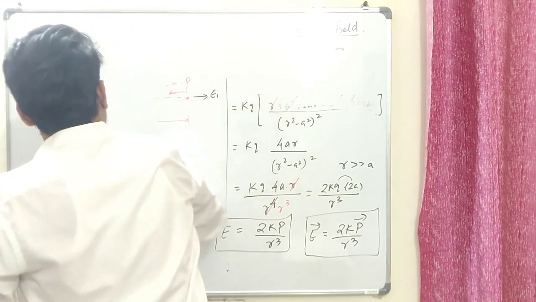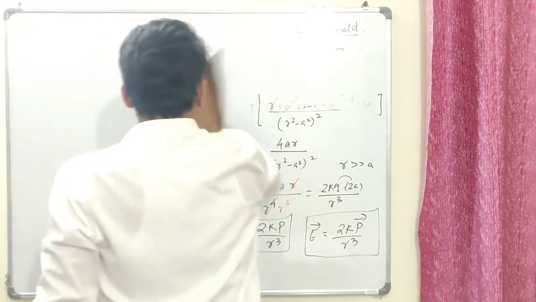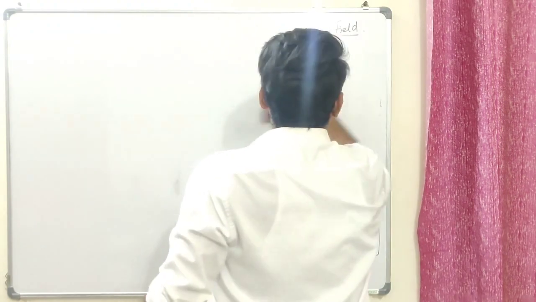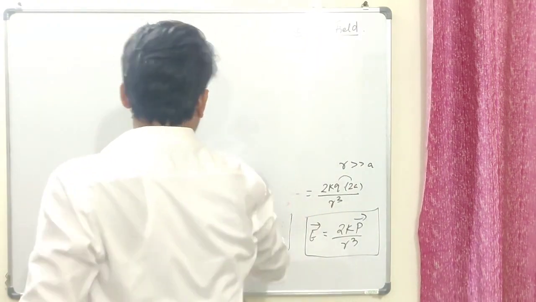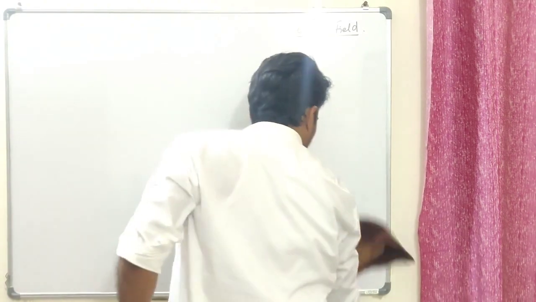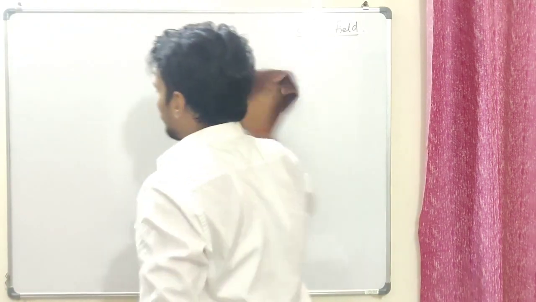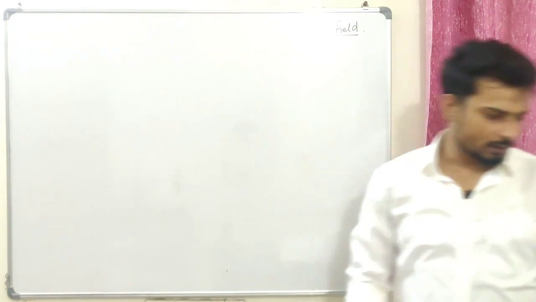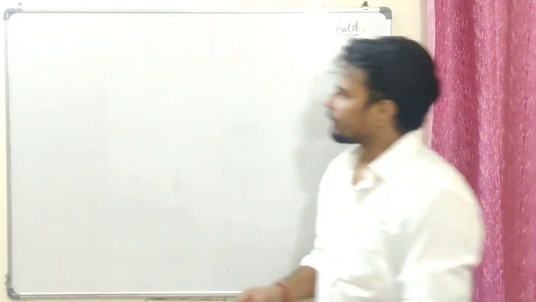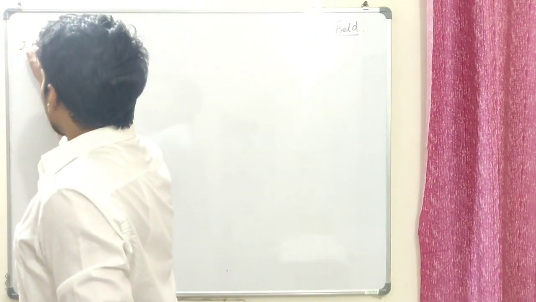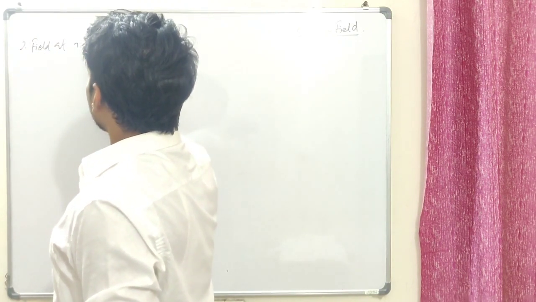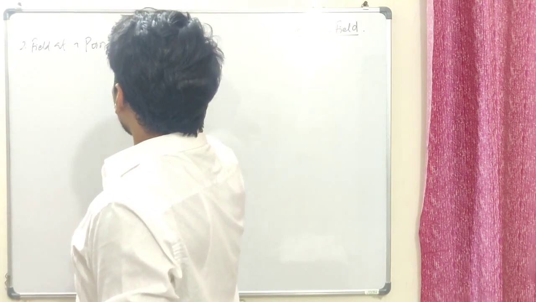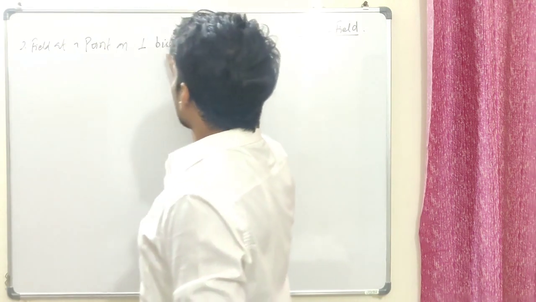Okay, so here I'm done with this. Well, in this dipole we'll be talking about the existence of dipole in the non-uniform electric field as well as in the uniform electric field. Well, that I'm going to try and discuss in the next video with examples which will make you understand that concept properly. Okay, now the second thing, the field at a point on the perpendicular bisector of a dipole?